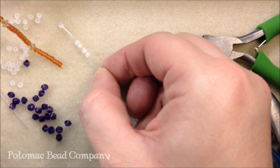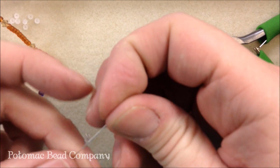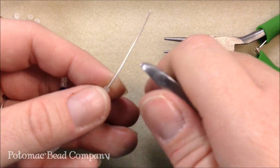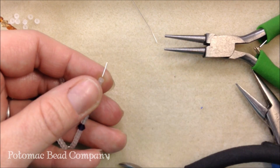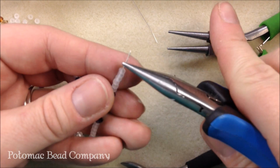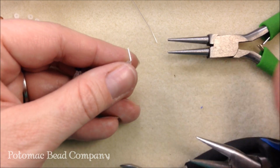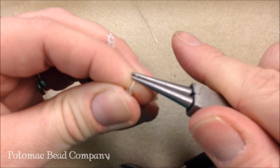Being a little stubborn here. Alright, and then we want to try to make that as even with the other side as possible, so we're going to go ahead and trim our wire like that. Come in with our pliers, make a 90-degree bend in that, and then make a nice tight loop